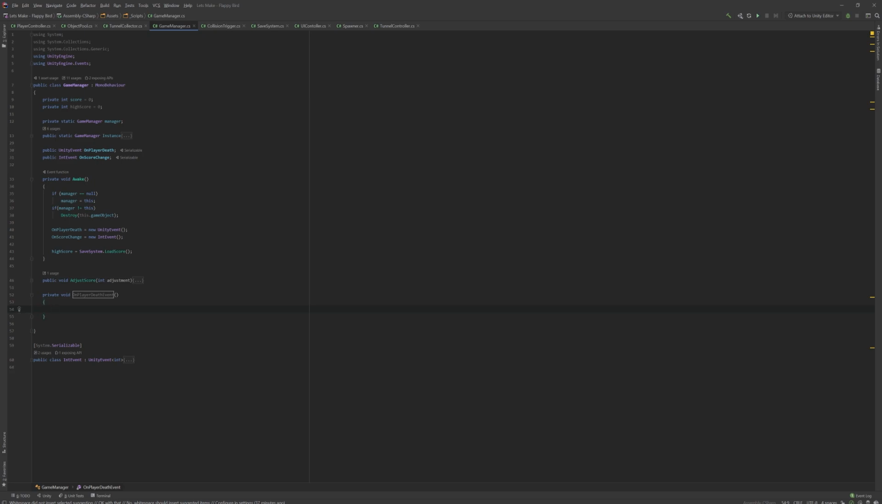And so on player death, what we want to do is save the high score. So we want to go if the current score is greater than high score, which we loaded at awake, then what we want to do is call our save system dot save score, and we'll pass in our score. And that's not going to get called by itself. So after we load the high score, we will go on player death, so the Unity event, and we will go add listener, and we will add